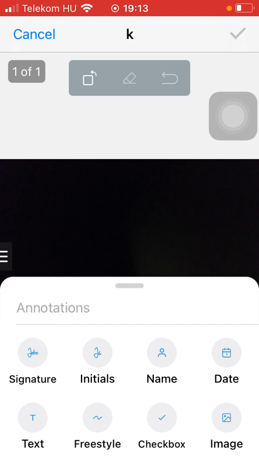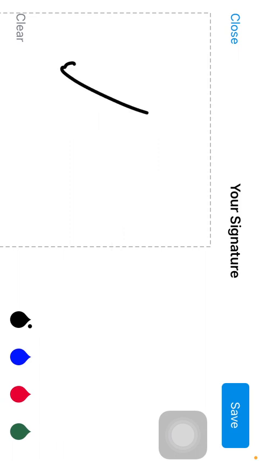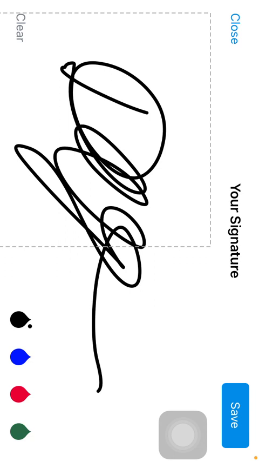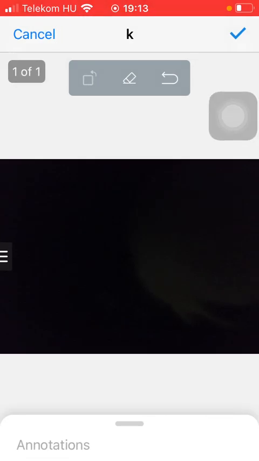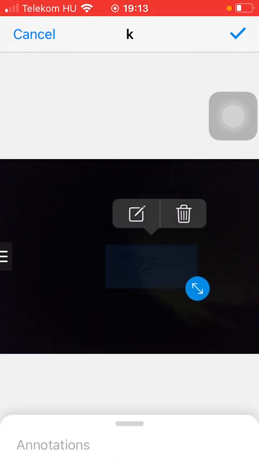And after that you should select whether you want to add your signature. That's the first button, your initial, your name, and so on. So tap on Signature, then select the tint color and add your signature here. Tap on Save in the upper right corner of the screen, and it will be added to your screen, as